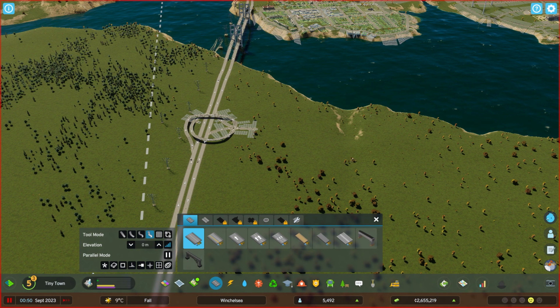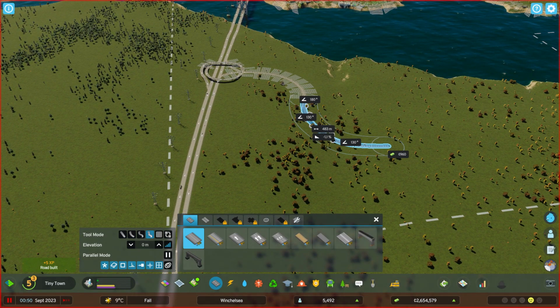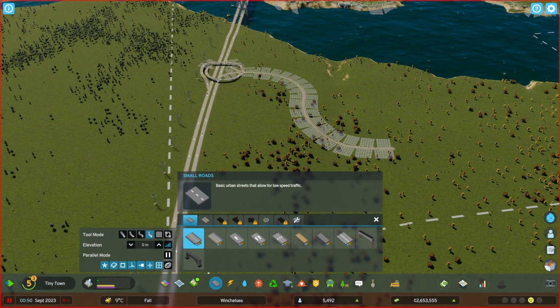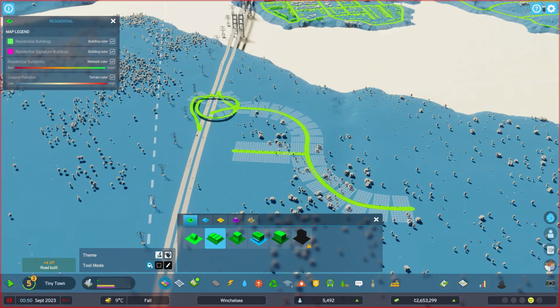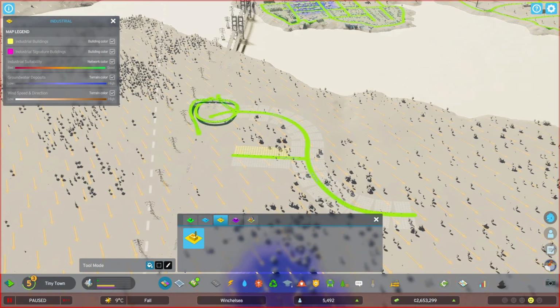I'm going to put snapping back on for now. I'm going to bring this road at a curve and then another curve just to make it not so straight and boring like most of the roads are. We're going to need a road coming off in this direction, and then I'm actually going to place some industry here,